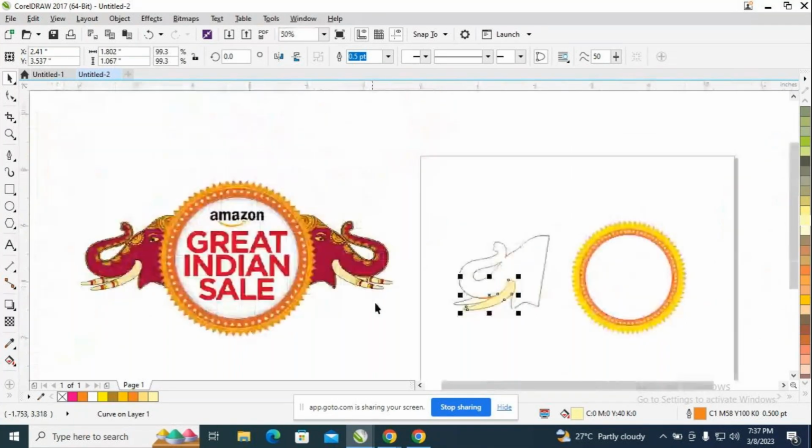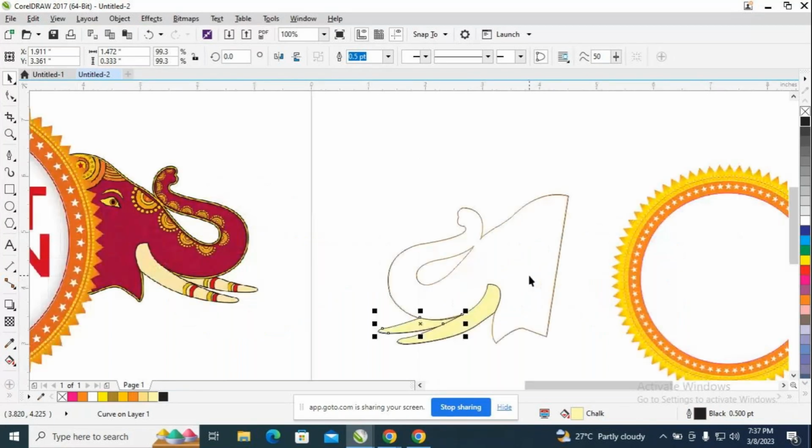And here the stroke should be black. For this also the stroke should be black. And after that, for this,